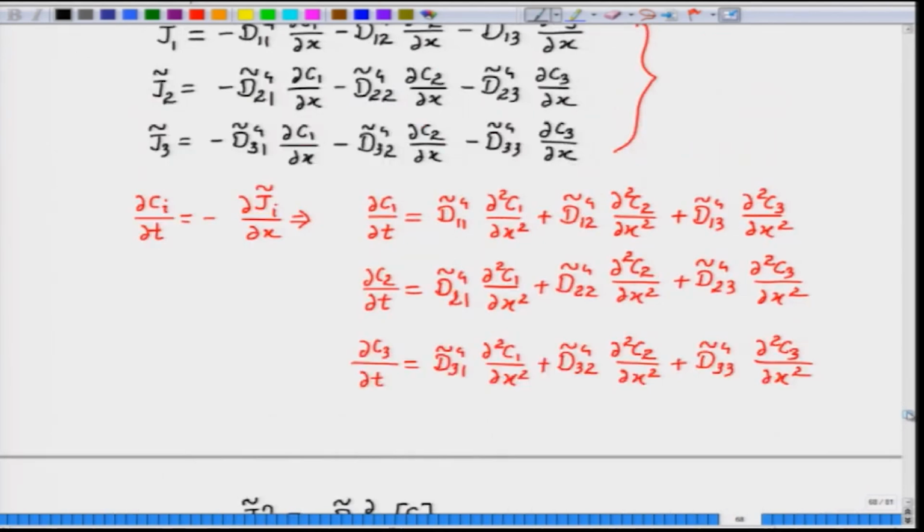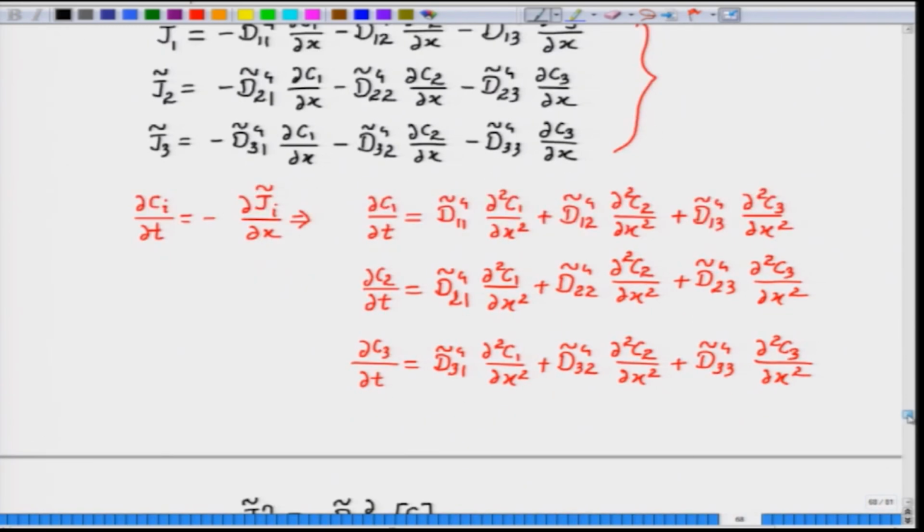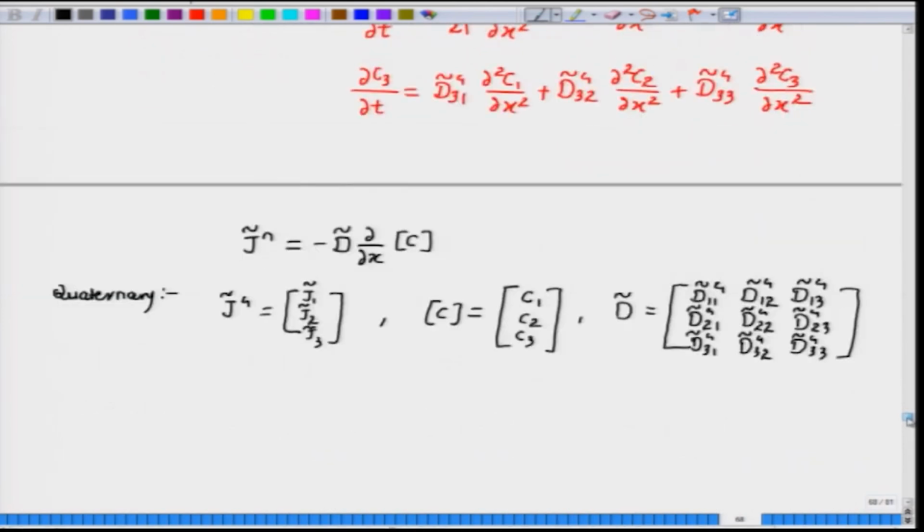We can also write this diffusion equation in the form of a matrix equation, right. So, if we write these 3 diffusion equations in the form of matrix, we can write